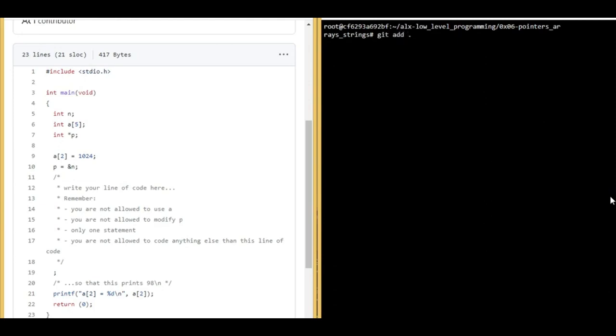dot, do your git commit, sorry, git commit. Put in your commit message, you press enter, then you do your git push. All right, if you have done that, you should be correct, but ensure you put in what they ask you to put